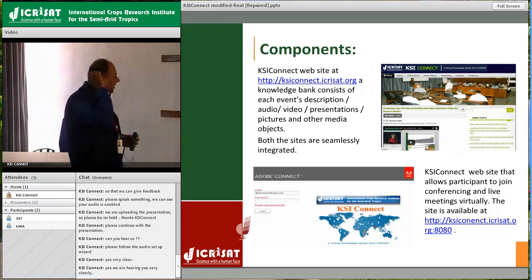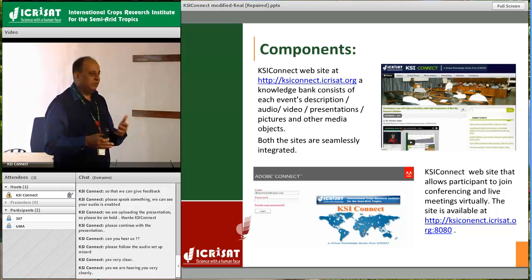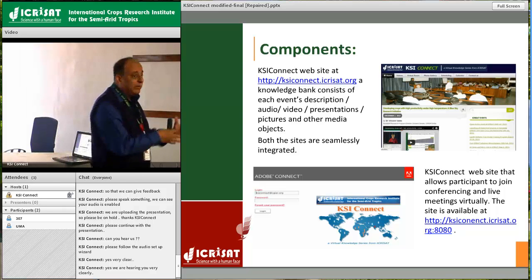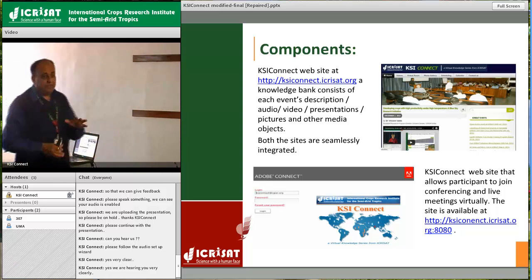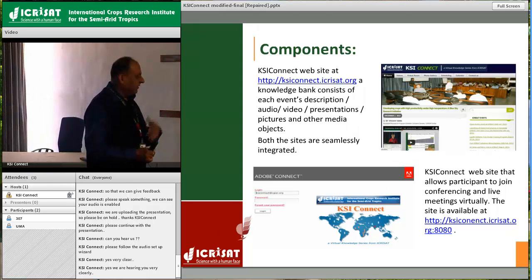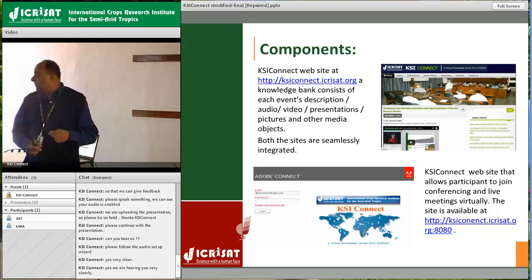The other scenario is a workshop, where a group of people are present and some experts, depending on need, join from other locations. There will be an interactive session, a presentation, and question and answer. An audience from the venue will ask questions, as we have seen in the morning. The third scenario is a live meeting, where a group of people interacts with another group. All three scenarios pose different challenges, and we have designed this platform in such a way that it takes care of all three. Everything can be recorded, made available and shared.